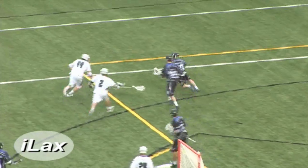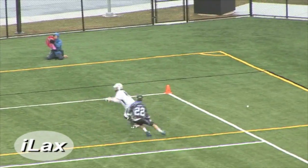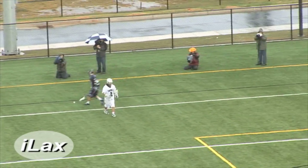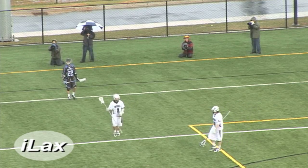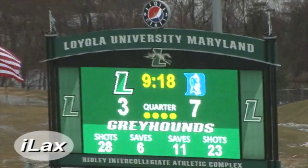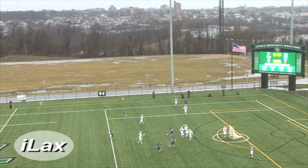Let's see if Dirks can pick this up. And he does. Nice job there by Steven Dirks. Gets away from pressure, but Lane can't handle the pass as Dirks throws it to Lane's knees. And it's going to go back to Duke with 9:18 left to go here in the fourth. Again, a nice play by Dirks, but he's got to have a little more composure and get the pass to Lane. Gave him a bad pass, hits off his leg, and bounces out of bounds when we should have been